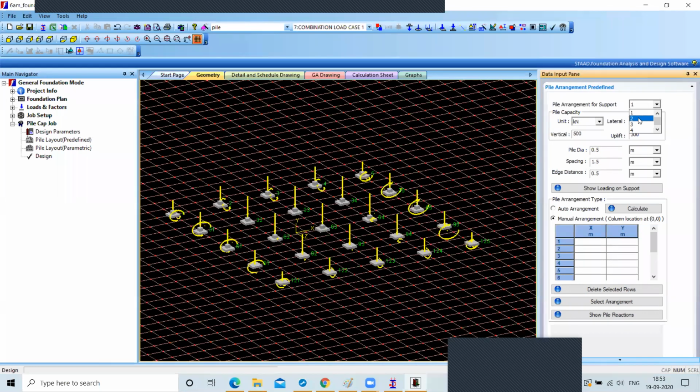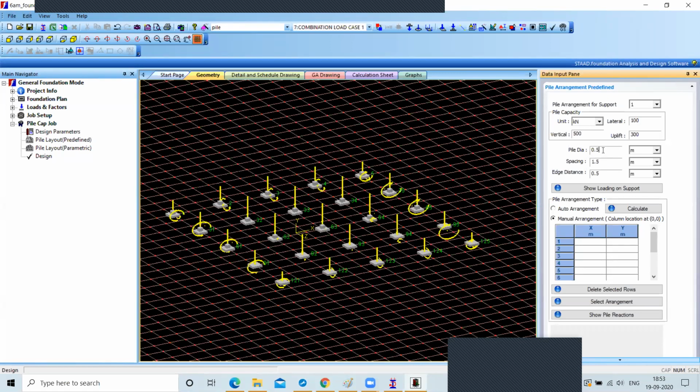We have to assign pile for each and every support. This is the pile capacity. This is the load borne by the pile: 100 kilonewton in the lateral, vertical is 500, and uplift is 300 in kilonewton.